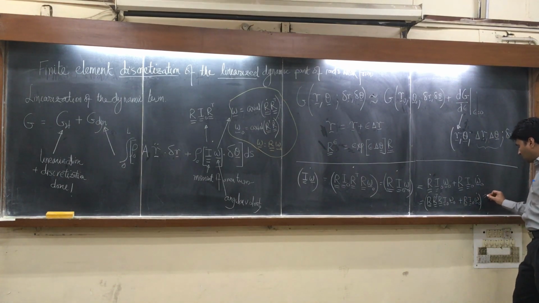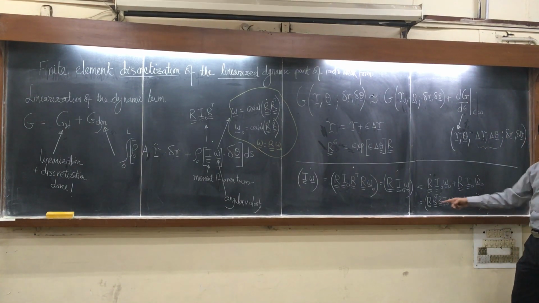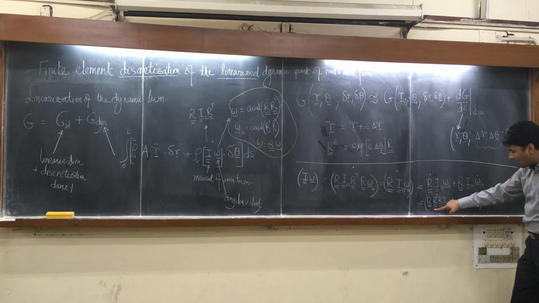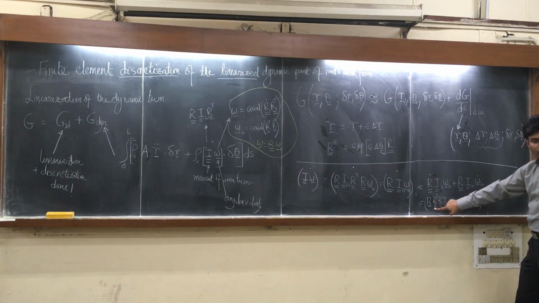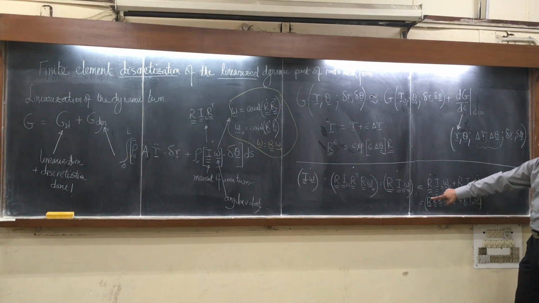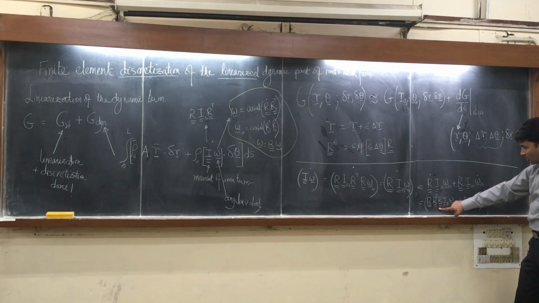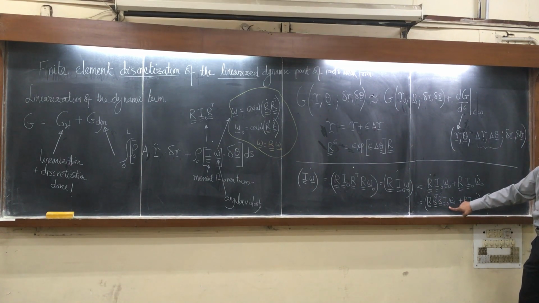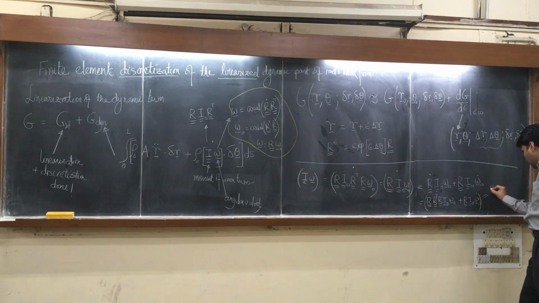Okay, and then you can see that we have this big R common in both of them, and this R transpose R dot is actually the skew symmetric of omega naught. So this simply becomes omega naught cross I naught omega naught, right? So this whole thing is rotation times omega naught cross I naught omega naught